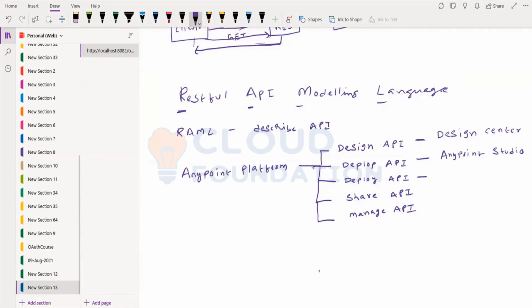We have the runtime, Runtime Manager. I'll show you the Runtime Manager. Locally also, we can deploy APIs using Anypoint Studio. Yesterday, you deployed an API and you showed me, right? From Postman, you deployed an API